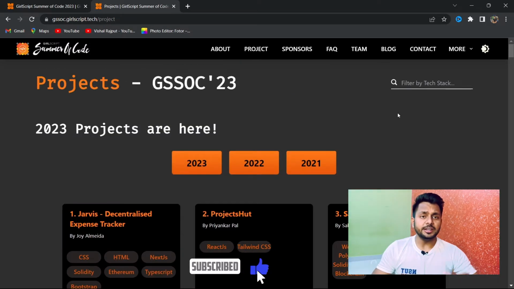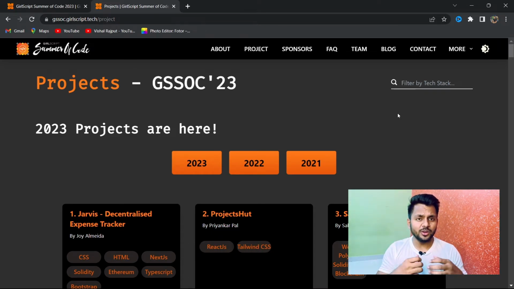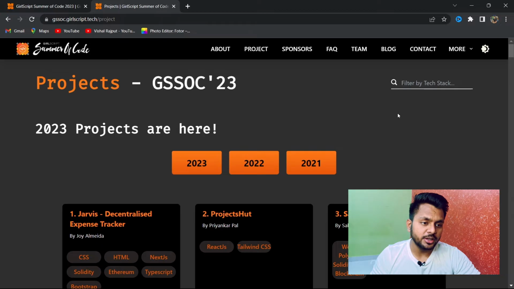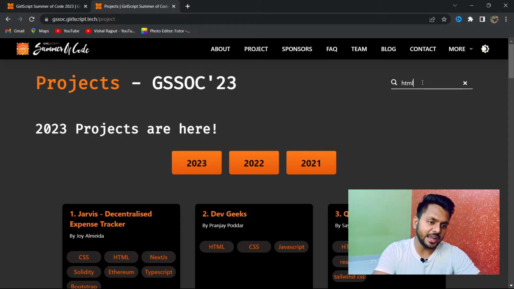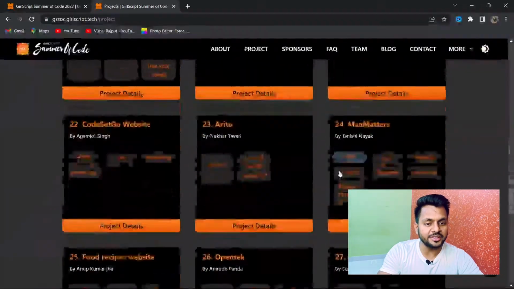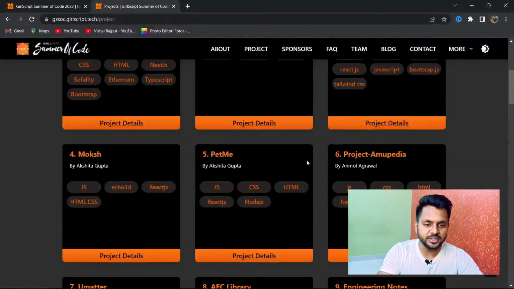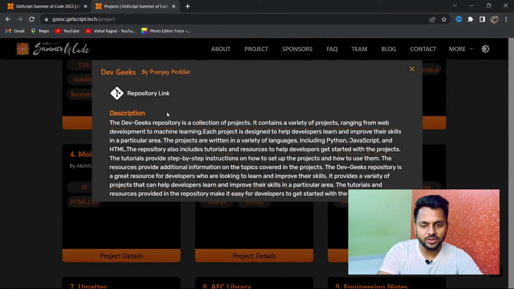First of all, depending on your skills, your interest, what you have learned recently and want to practice. Let's say you learned HTML. Type HTML in the search bar, and here you can find lots of projects which use HTML. You can find its detail. Let's say click on this project's detail. You can read the description, and if you like the description and want to read more about it, just click